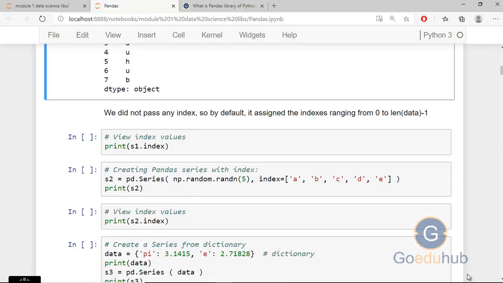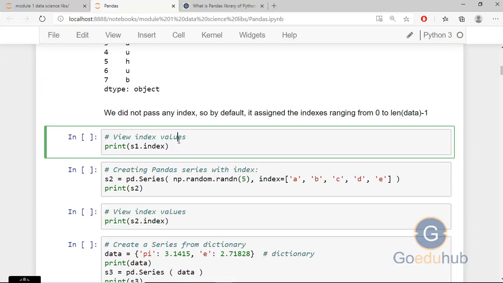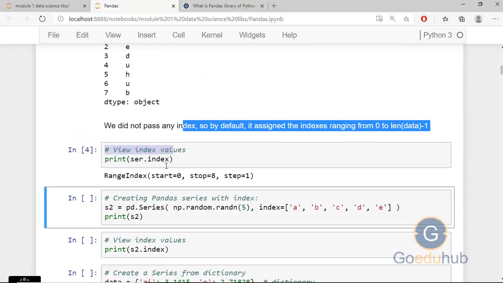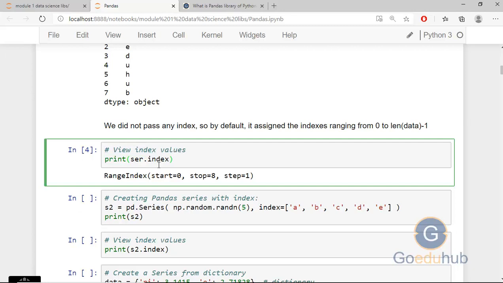We can individually check the indexes also. This is an attribute of pandas series. S1 is a series, s1.index. We can check the index only also, like we can write ser.index and it will give you the index range. Like our index started from 0 and it will stop at 8 and step is 1.